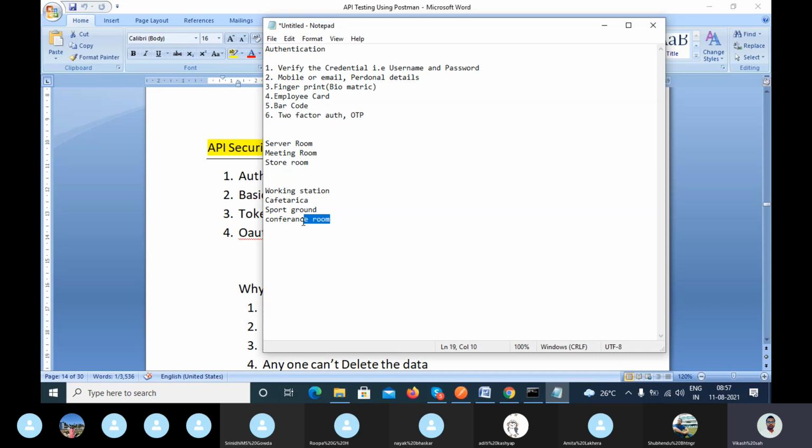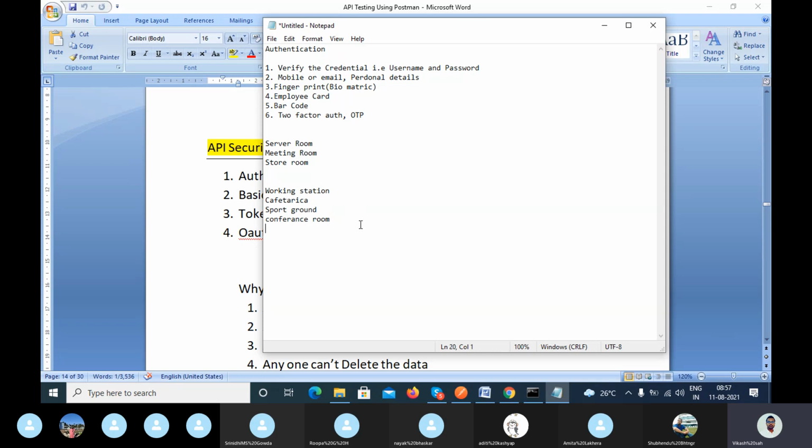Can you go there? No. That's why authentication comes first, and after that authorization comes. Authorization comes after the authentication, and the authentication comes before the authorization.